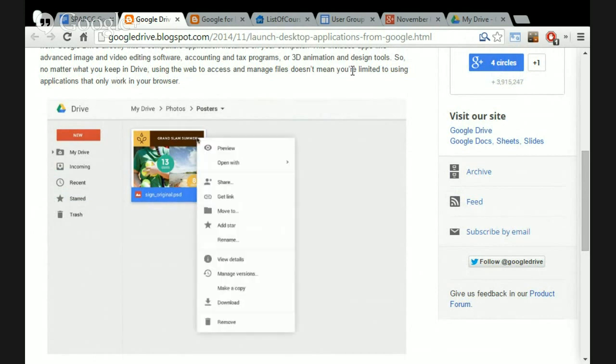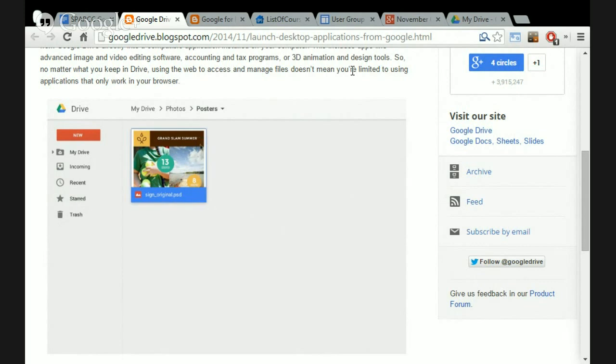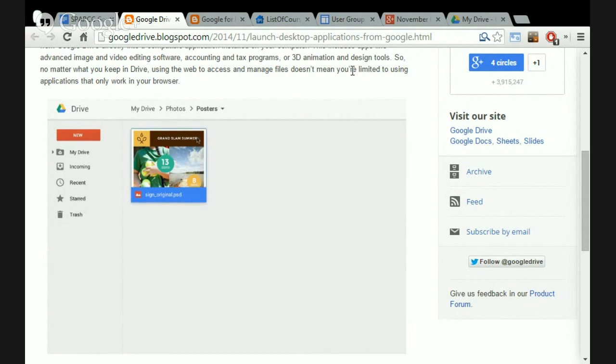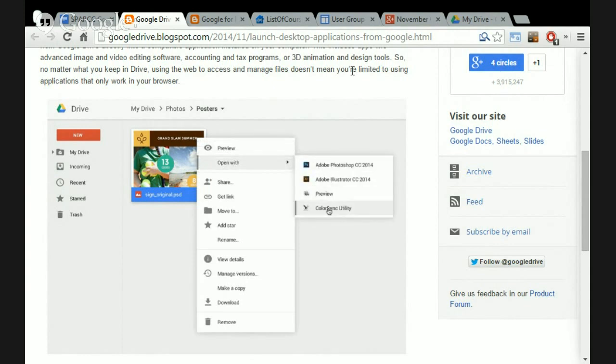You could right-click on, in this case, a Photoshop file, and say Open with Photoshop, and it's going to download the file for you, open it up properly in Photoshop,